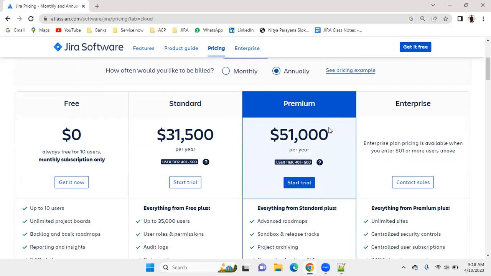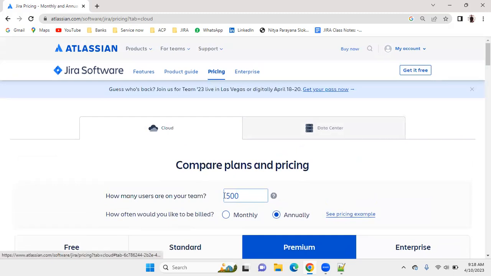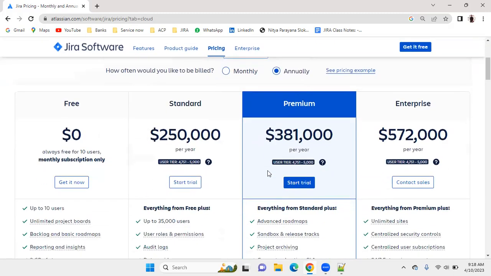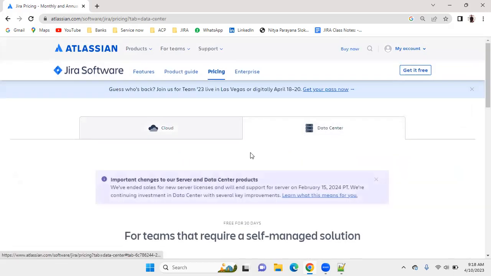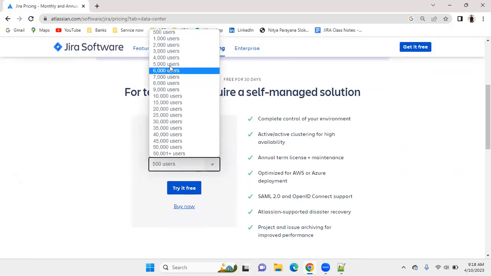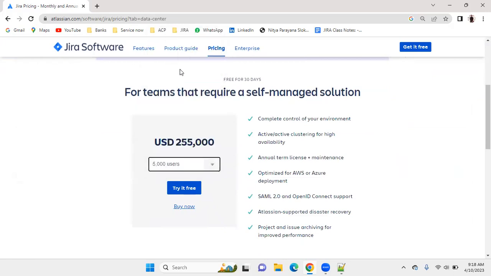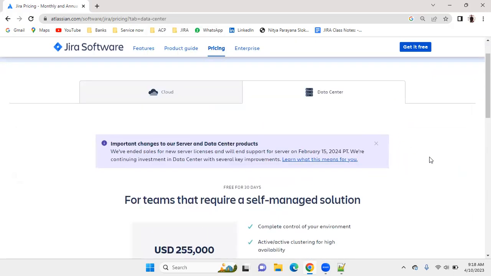So that is the data center cost between these two. It's more than standard, and it's below premium. But if I enter 5,000 here, it's 2 lakhs 50 and 3 lakhs 81. But if I see here 5,000, it's 2 lakhs 55. Okay. So based on whether your organization is planning to go with cloud, you need to